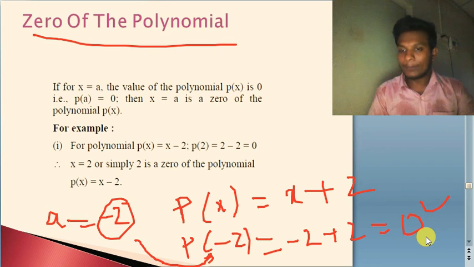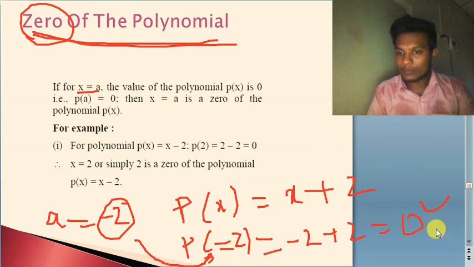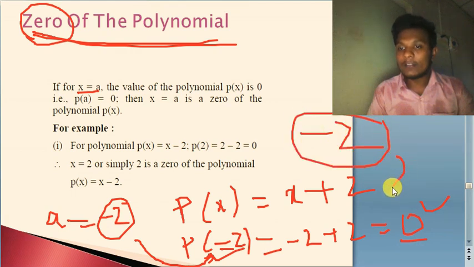When I substitute it, the value of the polynomial is becoming 0. That means I can say that whenever you take x is equal to a, you are substituting some value. If the entire value of the polynomial is becoming 0, then whatever value you substituted at the beginning is known as the 0 of the polynomial. We shall take an example. In this case, what have I substituted? Minus 2. After substituting minus 2, am I getting 0 as my result? Yes. So in this case, I can say that minus 2 is the 0 of this particular polynomial.